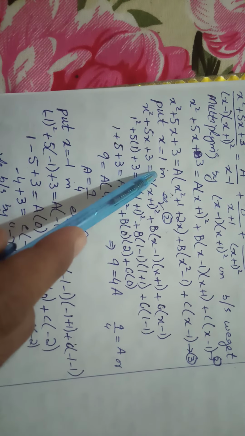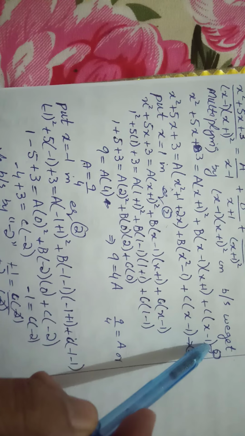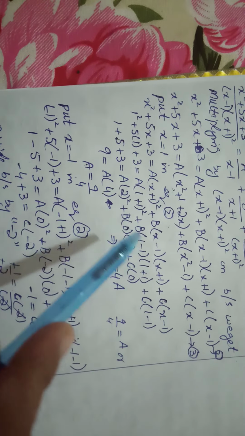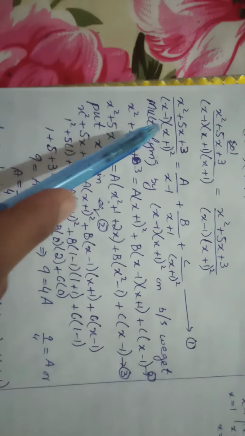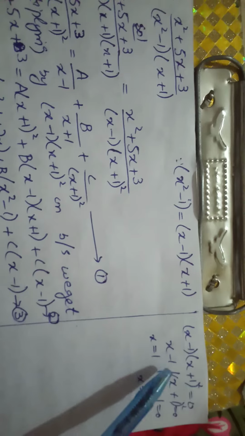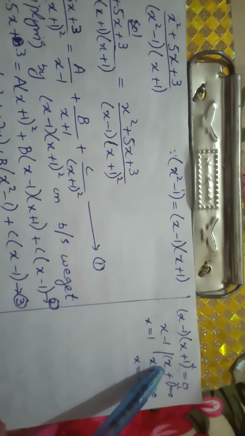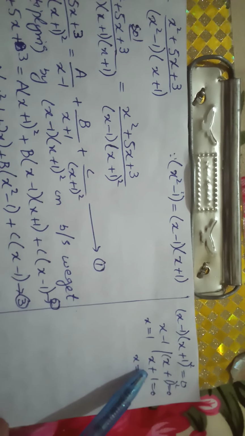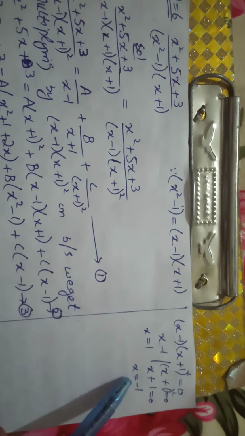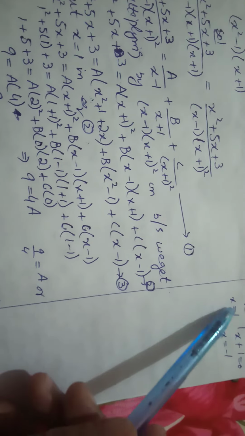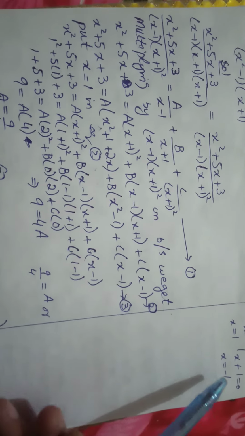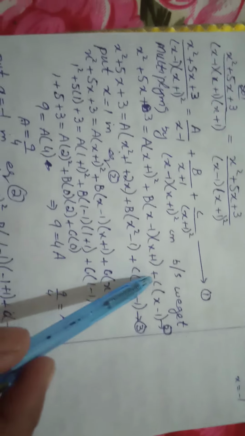Now put x is equal to 1 in equation 2. This is equation 2. Now this is x minus 1 x plus 1 equal to 0. First we will find the zeros or critical points. So this is x minus 1 and x plus 1 equal to 0. First we can write x minus 1 equal to 0, means that x is equal to 1. Similarly, x plus 1 whole square equal to 0. Just for simplification, this is x plus 1 equal to 0. It gives us x is equal to minus 1. So there are two values, x is equal to 1 and x is equal to minus 1. First we will put x is equal to 1 in this equation 2, and then we can put